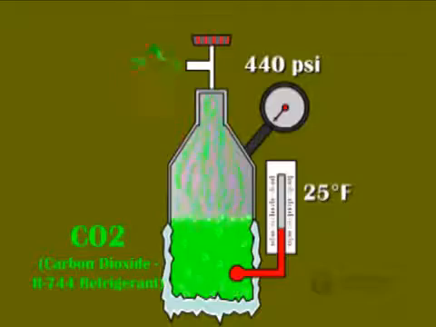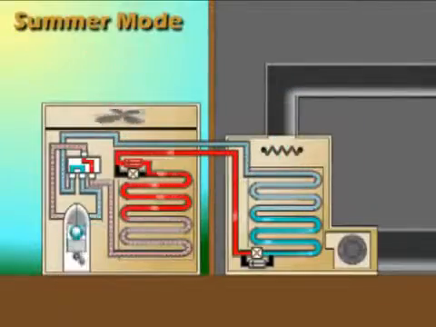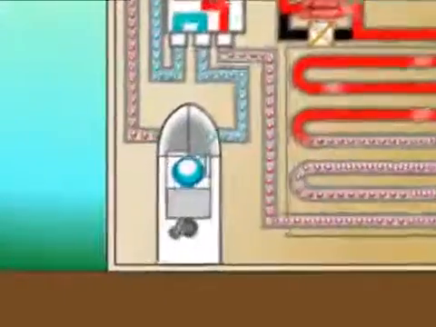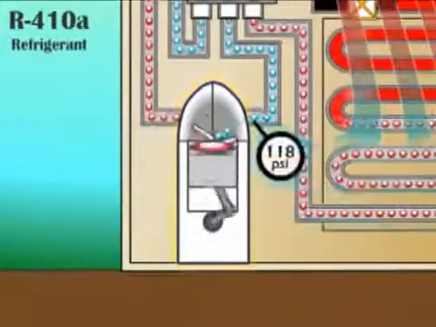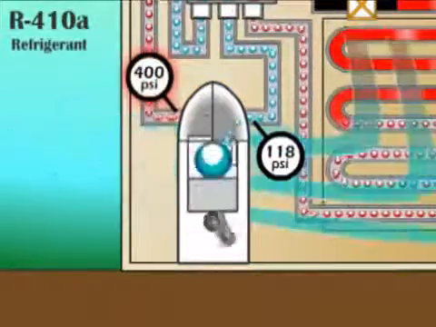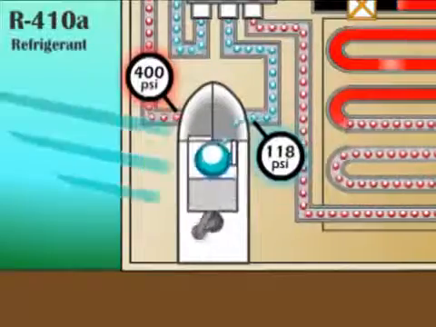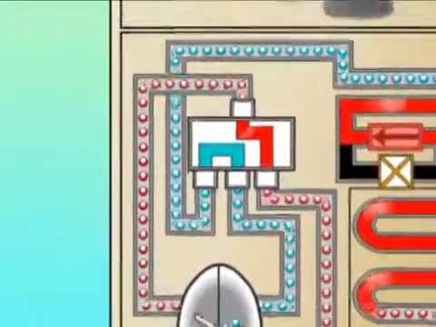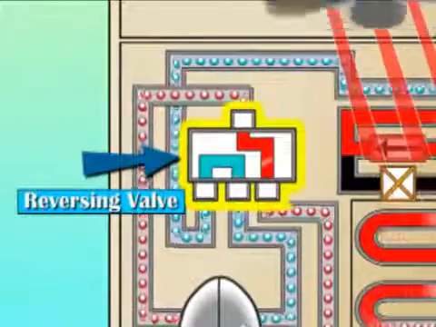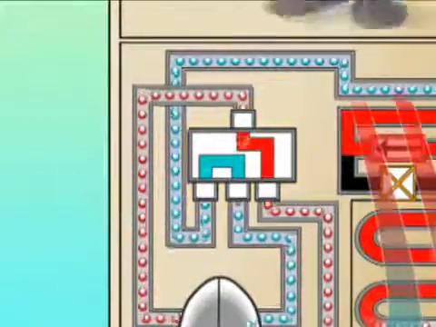Now, let's take a look at the operation of a common split-system air source heat pump. In the summer, the compressor, the heart of the heat pump, receives cool, low-pressure refrigerant vapor. It then pumps this vapor into the high-pressure side of the system. This hot, high-pressure gas now travels through a routing valve known as the reversing valve to the outside coil, which